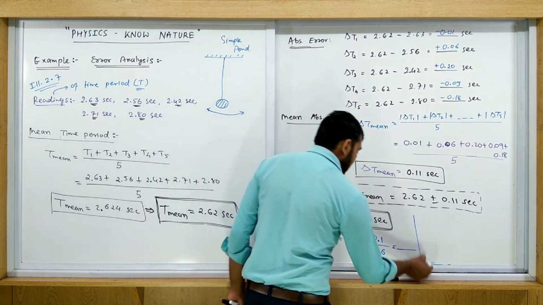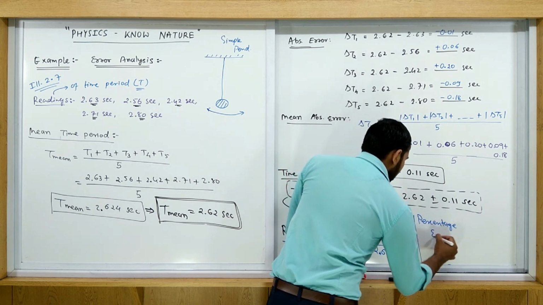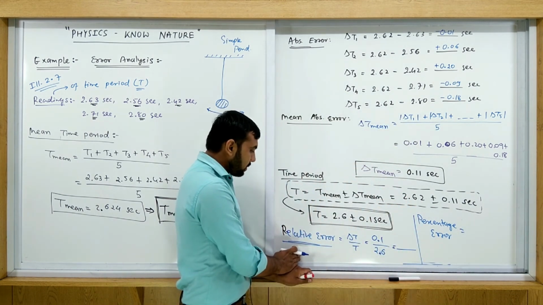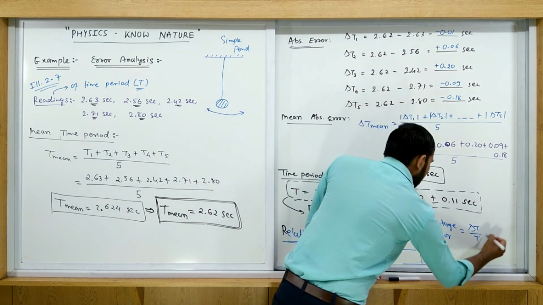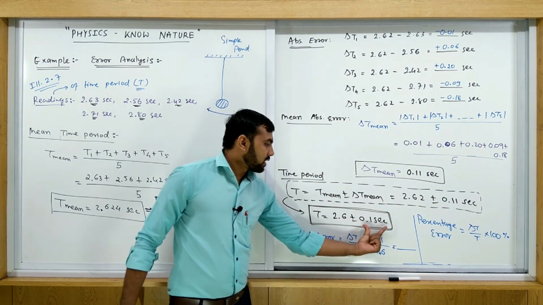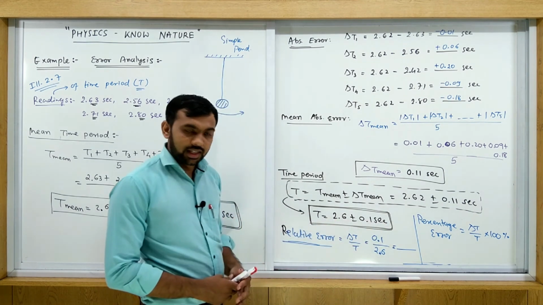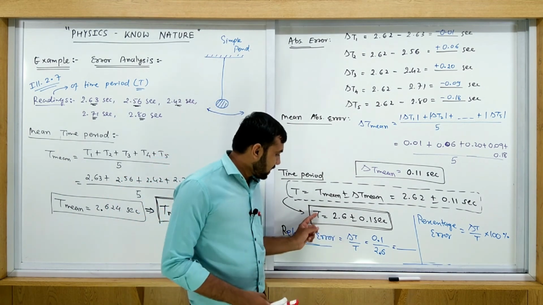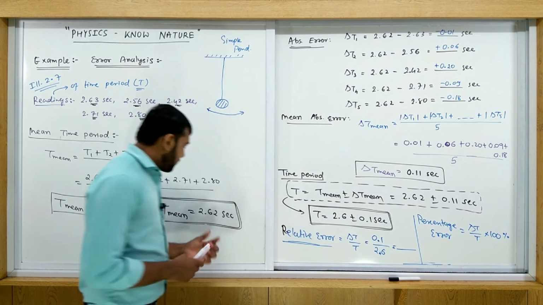And what is percentage error? Multiply the relative error by 100. That's called percentage error. So delta t upon t multiplied by 100 percent. What is delta t here? This one represents delta t, and this one represents t. Actually, delta t mean upon t mean, I have written something like this here. डेल्टा टी मीन अपॉन टी मीन. चलो मीन लिख देते हैं. अगर मीन लिखो फिर से आप ये लिख दोगे.